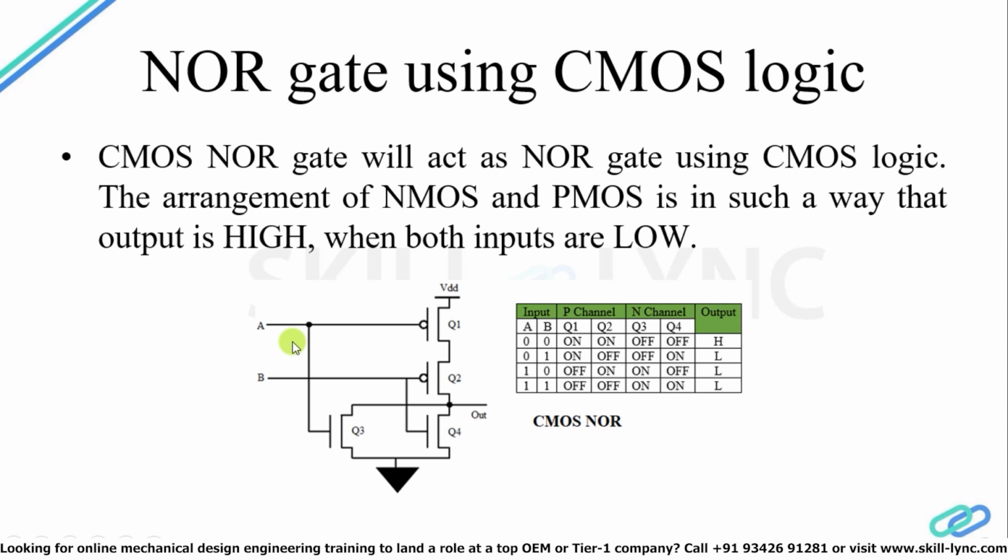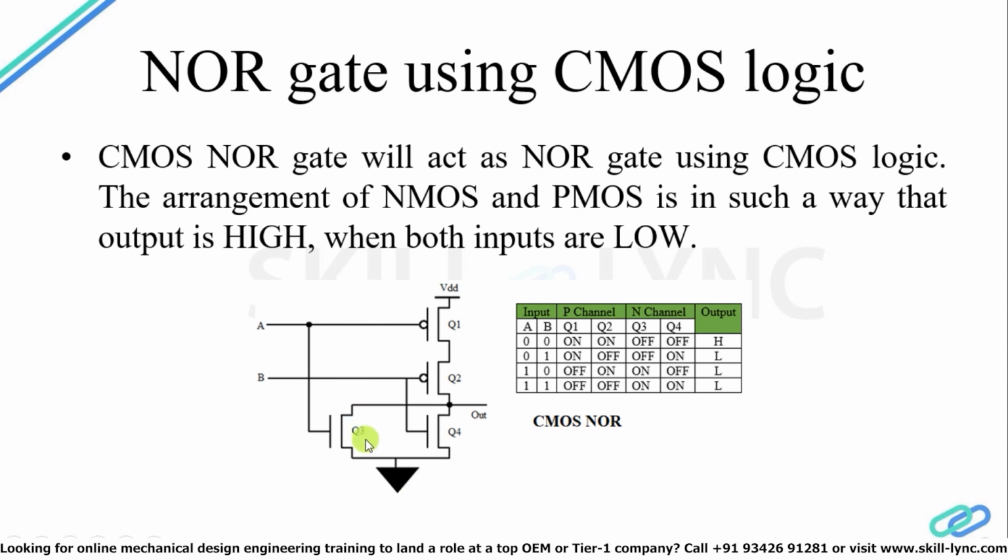Now you are taking 1 and 0. This is 1 and this is 0. If it is 1, it means PMOS is not working. When it is 0, it means PMOS is working. So your Q2 is on and Q1 is off. Now A is 1 means Q3 is on, and Q4 is connected with B and B is 0, so Q4 is off. So simple thing is, out of these Q3 and Q4, this one is on, so it is going to this path, grounded, so it is 0, that is low.